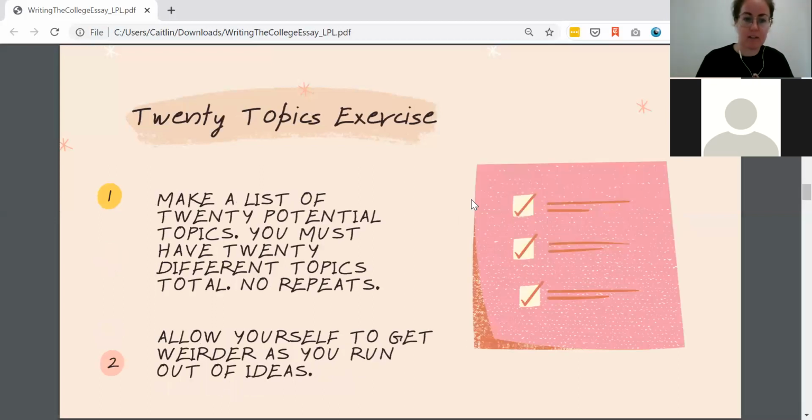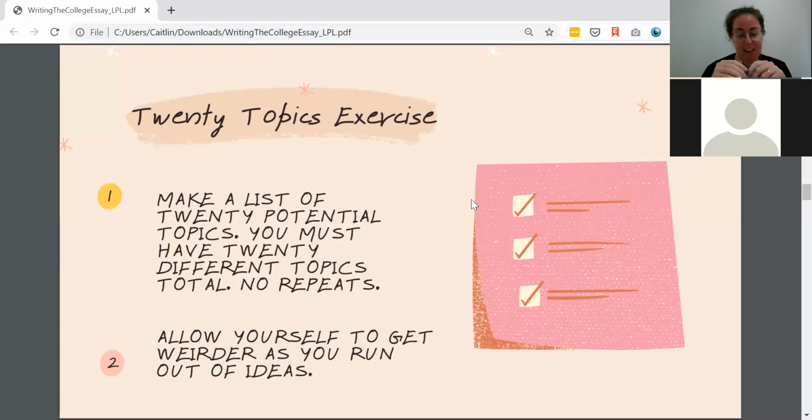So the second topic is from a book called Write Your Way In by Rachel Toor. And it's even simpler than the first one. It's 20 topics. So it doesn't have the framing device of the essence objects. It's just you looking at the prompt and writing 20 potential topics. You have to have 20 different topics total, no repeats. You're going to find that the first couple are pretty obvious. They're going to come to you pretty quickly, but around